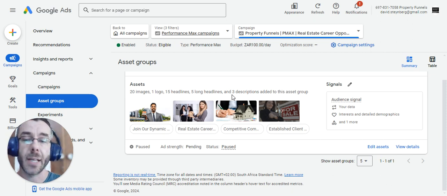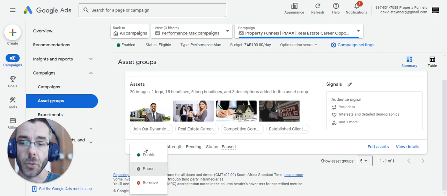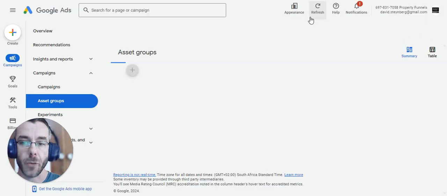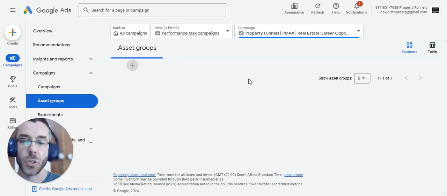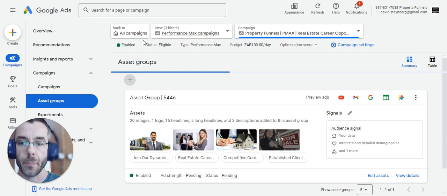Headlines are done, long headlines are done, descriptions are done, etc., as well as the keywords. So what you can see here is it shows a paused status. So what we're going to do is we're going to just click on that and change it from a pause to enable. When we do that and we click refresh, we should see a